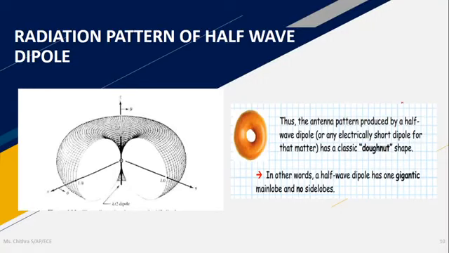Now coming to the radiation pattern. Since we saw that a matching is almost done, we have the impedance of the half wave dipole to be 73 ohms, the impedance of the transmission line to be 75 ohms, which means matching is made very much. There is almost a perfect matching between the transmission line and antenna. And because of that, when we draw the radiation pattern, this is a three-dimensional radiation pattern of the dipole.